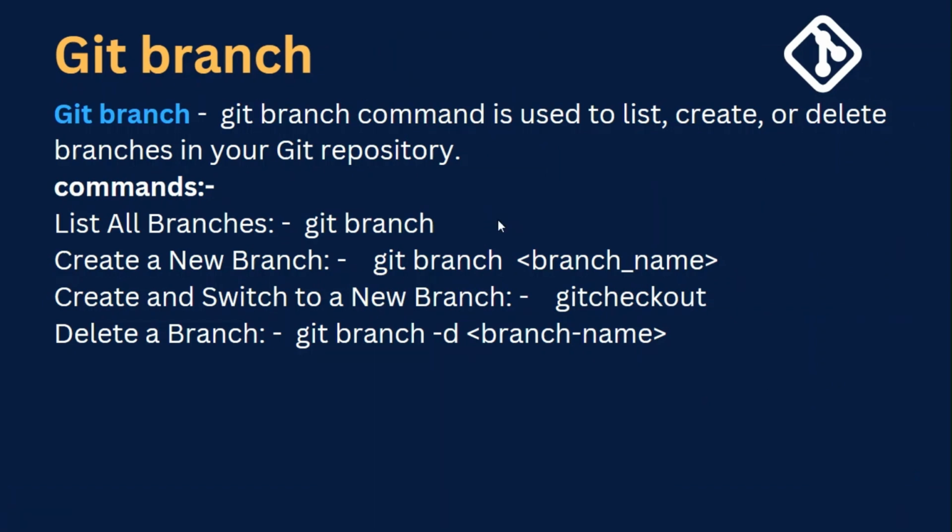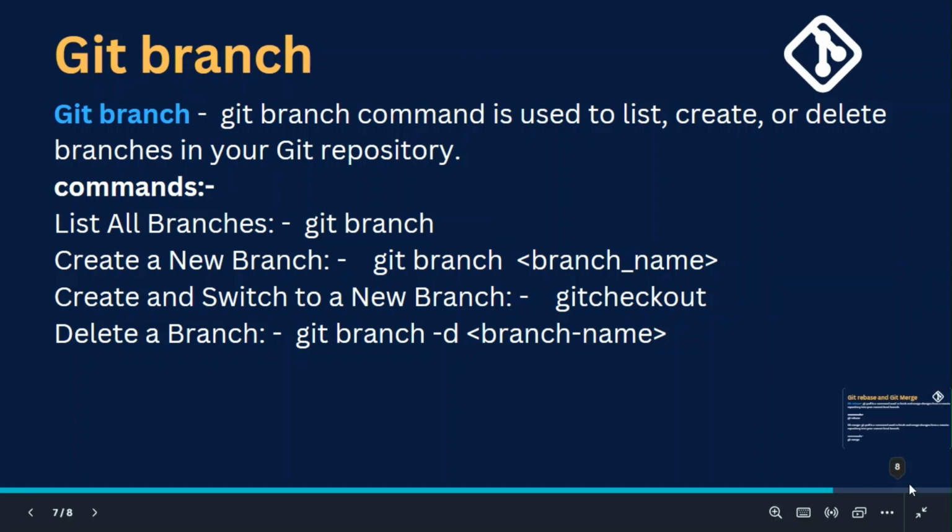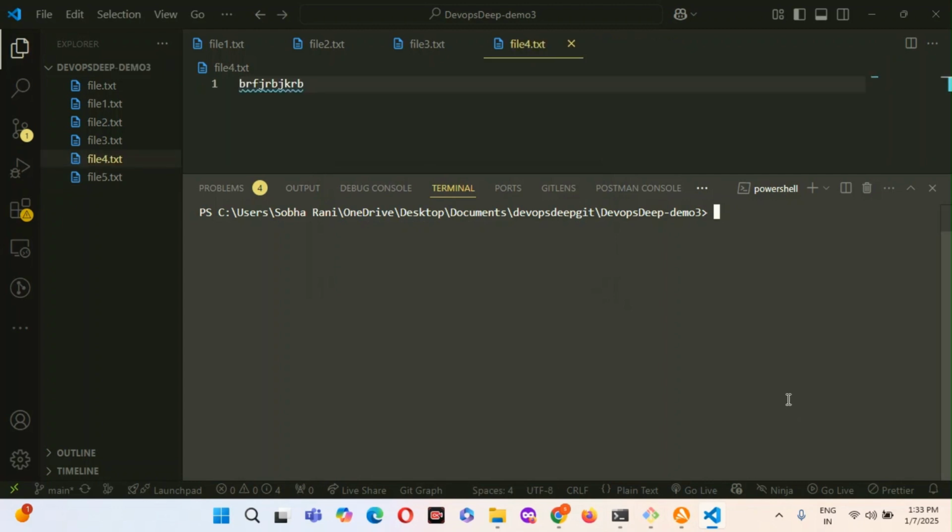In Git, a branch is a new separate version of the main repository. In real time there are master and branches. You don't directly work on the master branch. You create a separate branch and work on it. Once the team leader approves it, the team leader will merge that code into the master branch. So we will see an example of git branch.